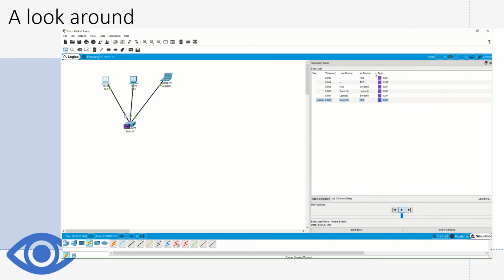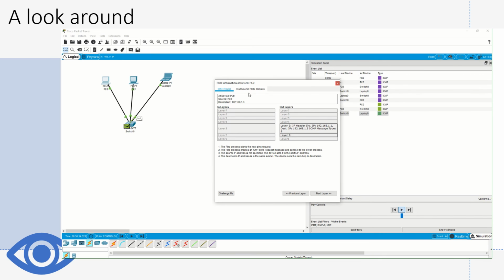Bring it over. You can see that we've done an ICMP. So it's done the ping that tells you where it's gone from and to. So there's the replies going on. We'll let it go until it's all finished. Now if you want to see what the packet's doing, you can click on the packet and